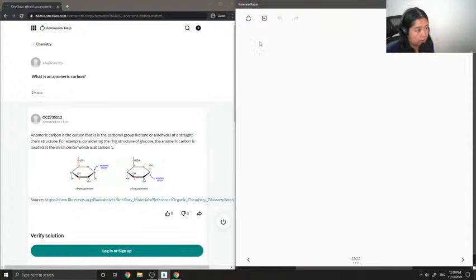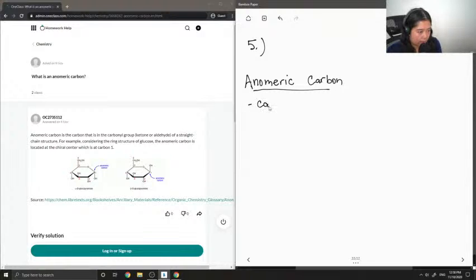Okay, so let's move on to question number 5. What is an anomeric carbon? Anomeric carbon. Basically, it is the carbon that contains either an aldehyde or a ketone